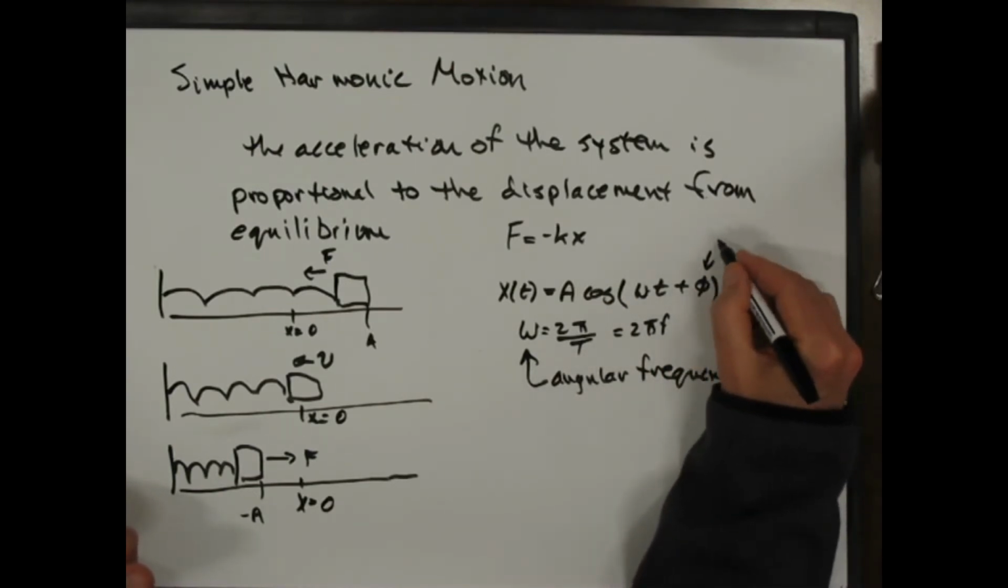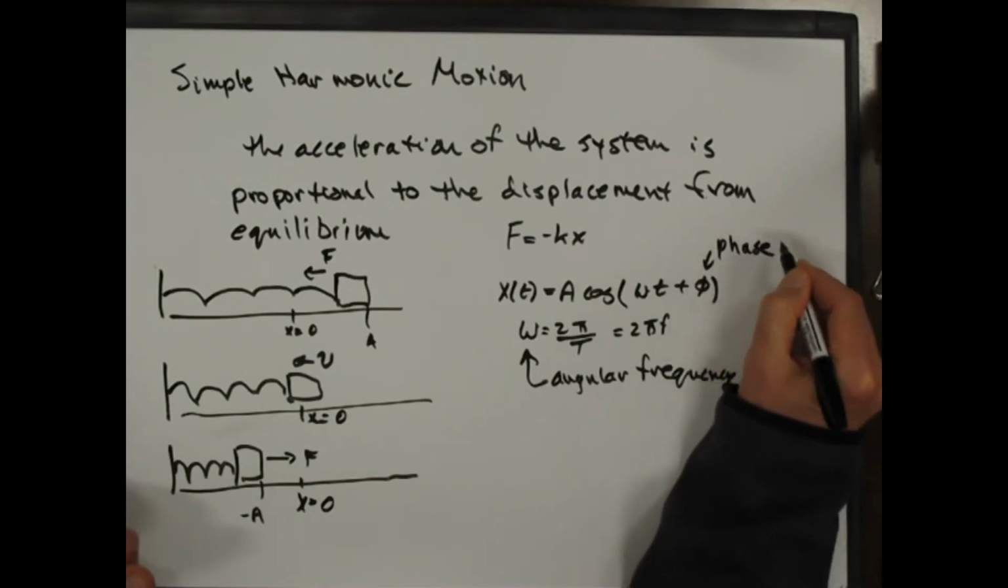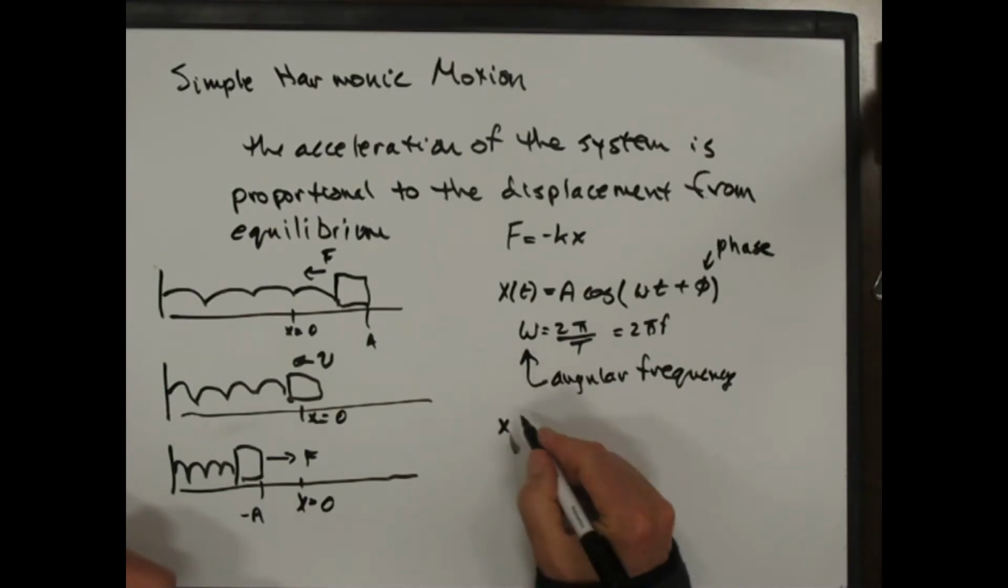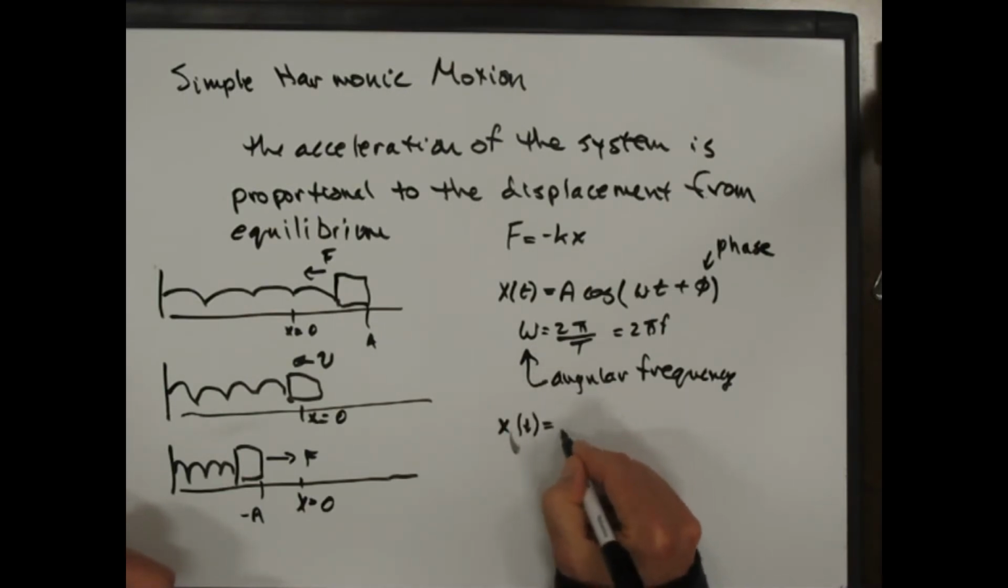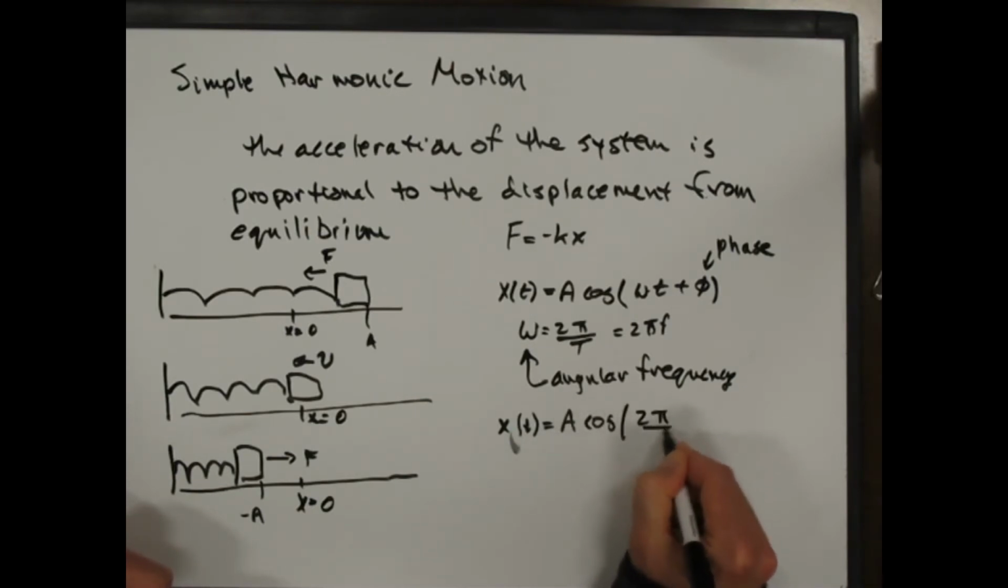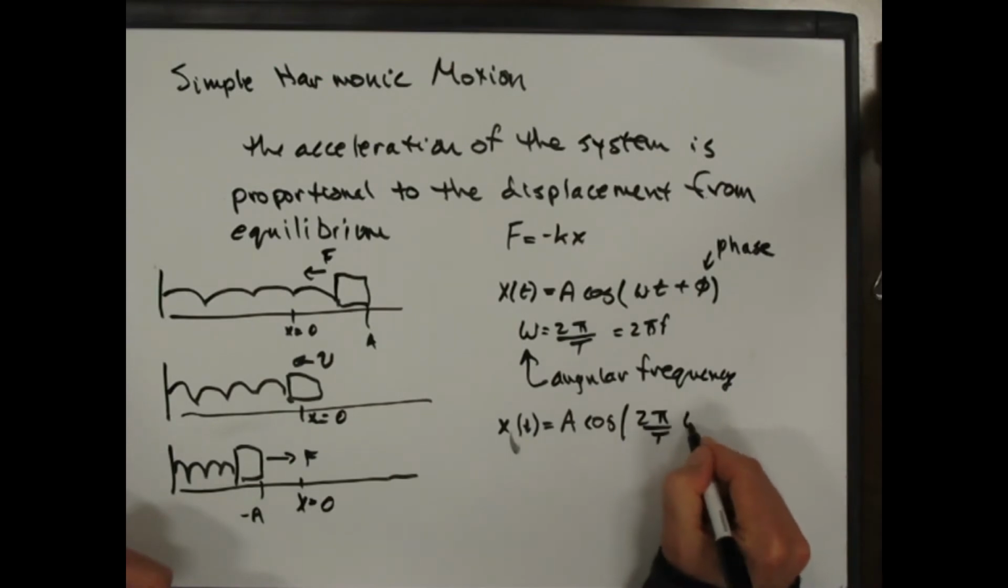Let's leave that out. This is called the phase, and I'll talk about that in a second. But if I just write that x of t is equal to A cosine of 2 pi divided by the period times t,